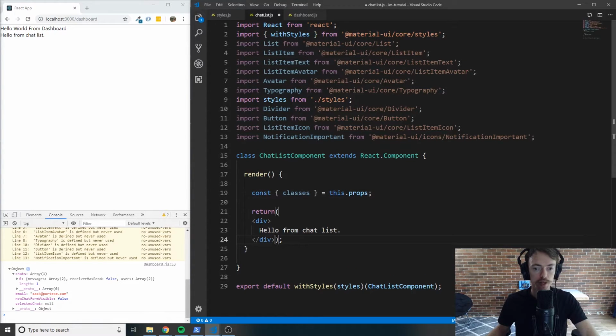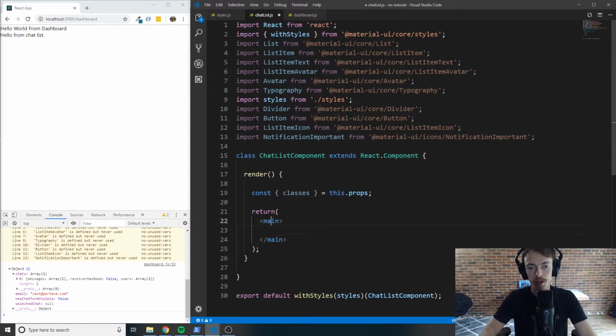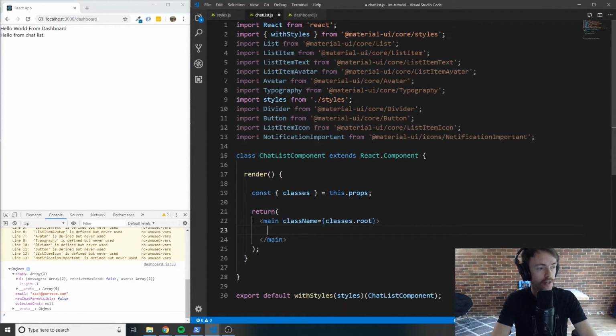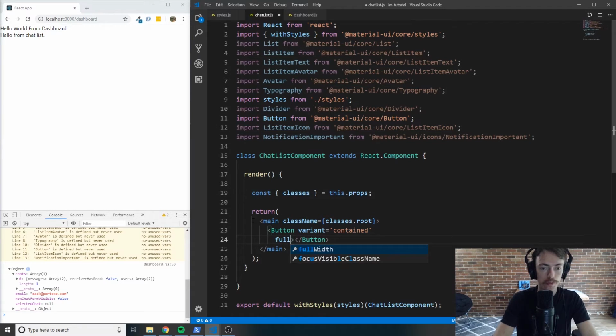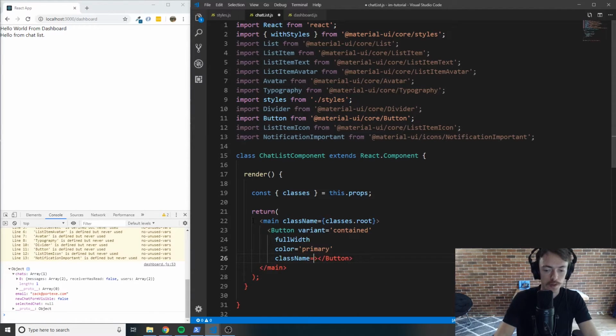Inside of the return function here, we're going to get rid of what we have, and start putting in the real stuff. Let's create a main tag with a class name equal to classes.root. Inside of here, we're going to use a Button with a capital B, with a variant equal to contained, fullWidth, and the color equal to primary. We want to give it an onClick function, which we'll do in just a second, and a class name equal to